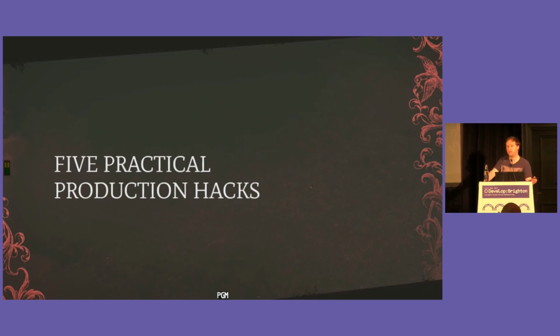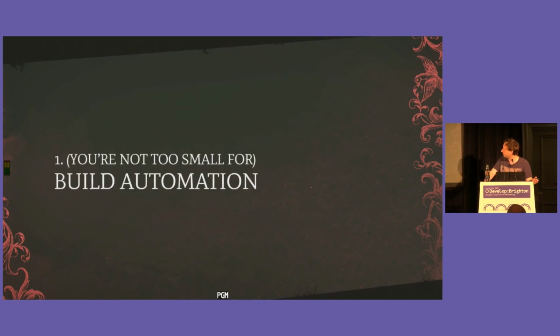So they're on no particular theme, apart from the fact that all of them, I think, are actionable things that you can try to do if you haven't already done this in your day-to-day work. So, hack number 1. Build automation, brackets, you're not too small for